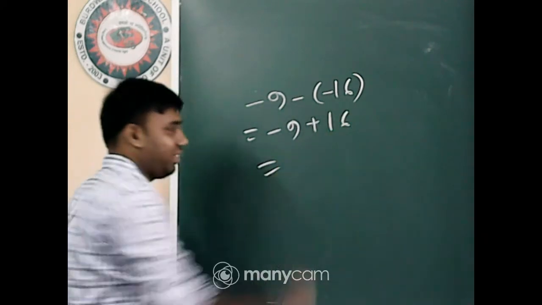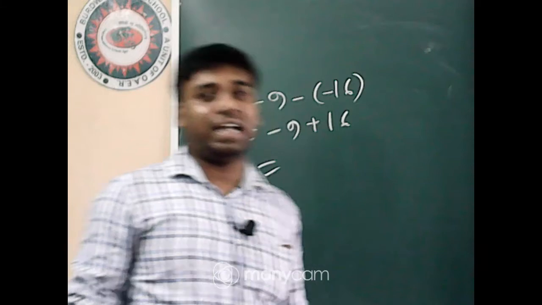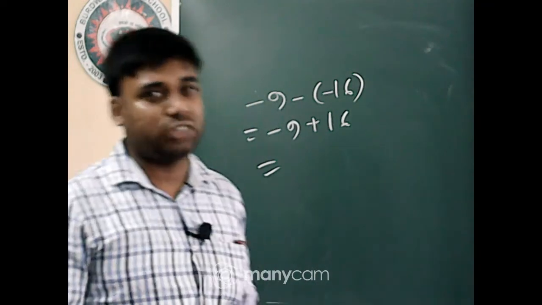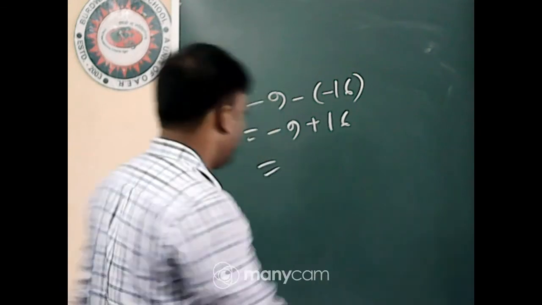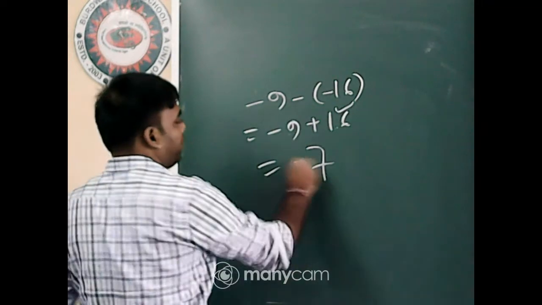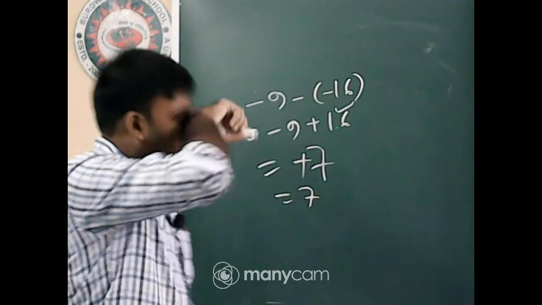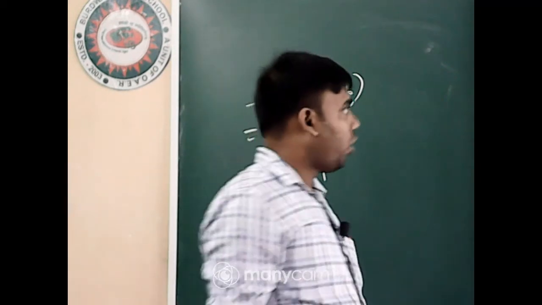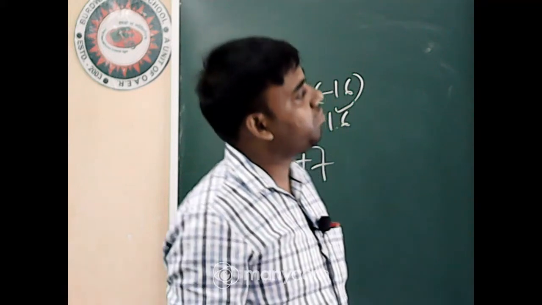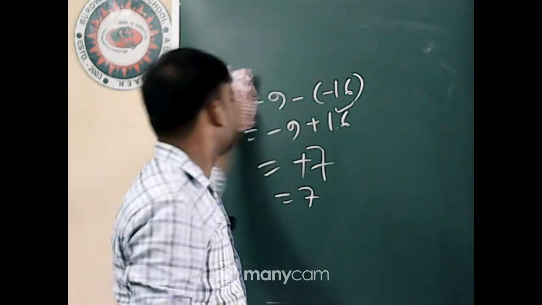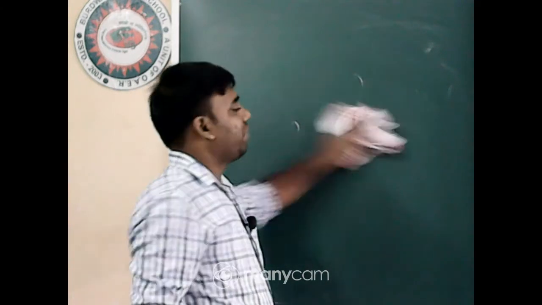Now, 16 and 9 are opposite signs. Opposite sign means subtraction. Which one is greater? 16 is greater and 9 is smaller. So 16 minus 9 is 7. What will be the sign? 16 is greater, and the sign of 16 is plus, so plus 7. Got it? Almost all of you have given the wrong answer. Ohana was the student who gave the first right answer. Next question. Observe it carefully.